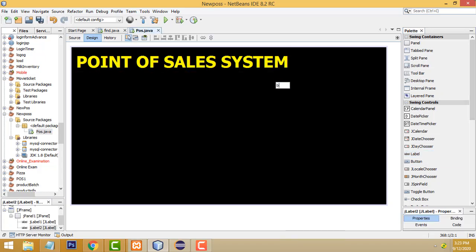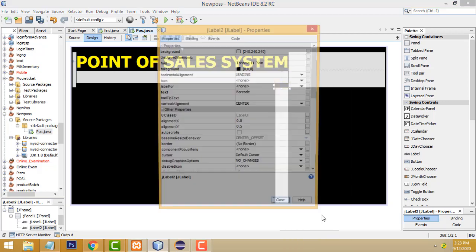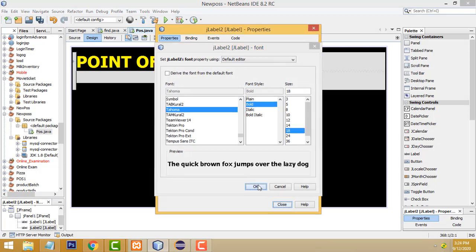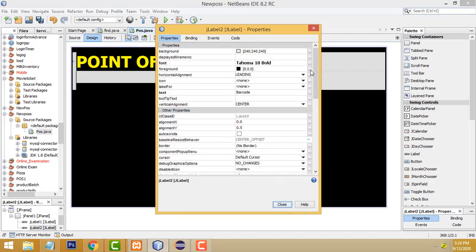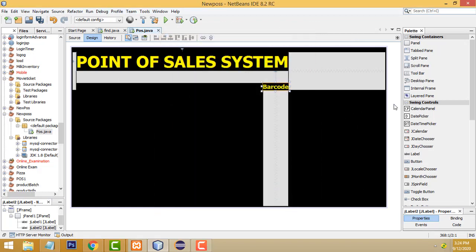Barcode, right click, properties, 18, color, this one. Okay, close it.